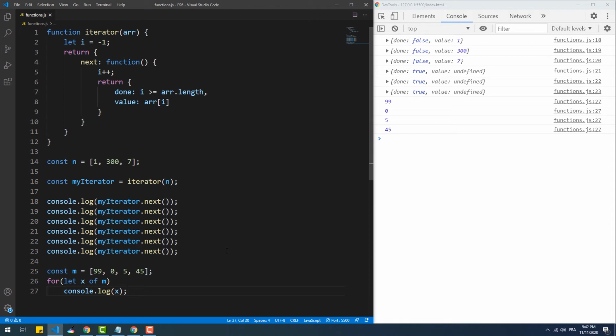So what happens behind the scenes is that when we pass an element to iterate over with the for of loop, the first thing the for of loop will do is to check if the collection we passed includes an iterator or not. If it does, it will check if the iterator contains a next method, and then it keeps calling it automatically and filling the variable x in this case with the value of the property named value from the object returned by the next method. The same thing keeps occurring until the property done is set to true,